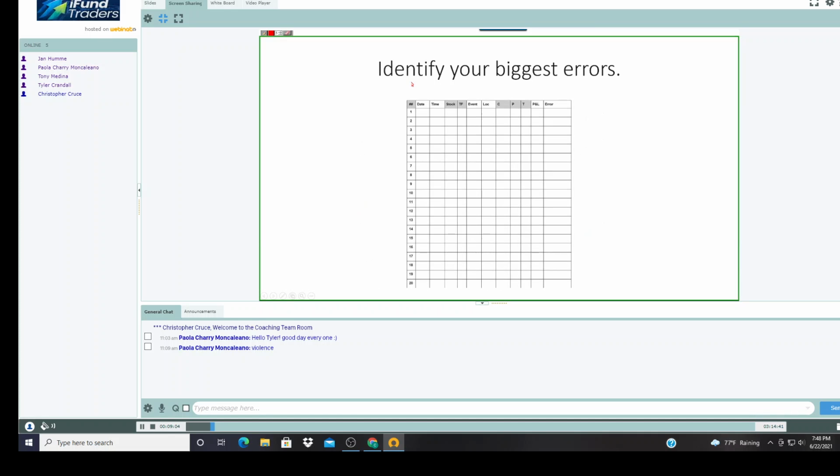Now you've got your 20 trade sheet, right? You're going to identify your biggest errors. I went through this, this is the real important part. Which one happens most frequently? Maybe you find out that you have more losers on your anticipatory entries, and you say, okay, the error that I'm going to eliminate is no more anticipatory entries. My next 20 trades, not a single one, and see if that improves your results. And at the end, you'll be able to see in the P&L column, are the results better, right? So does that make sense?